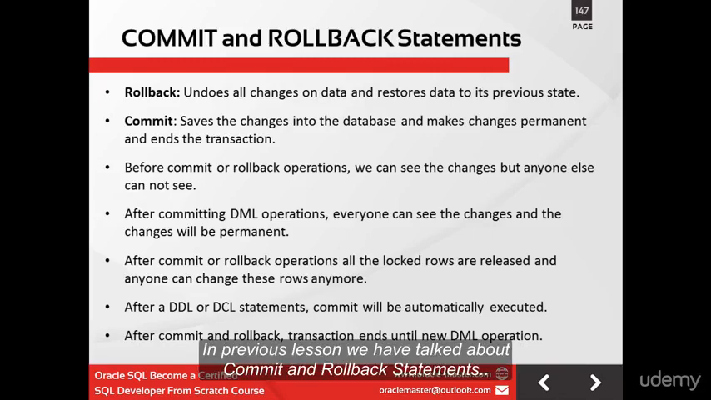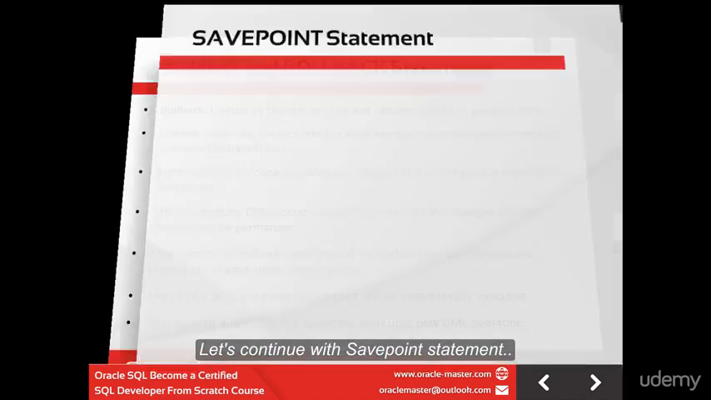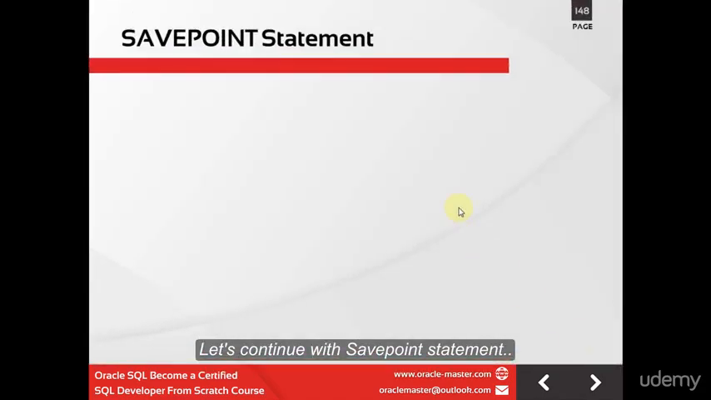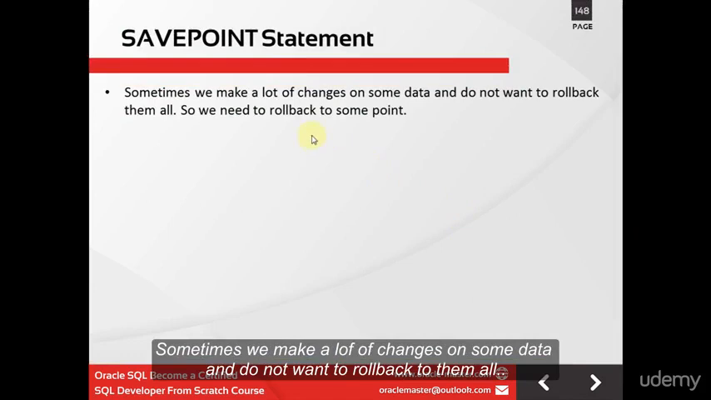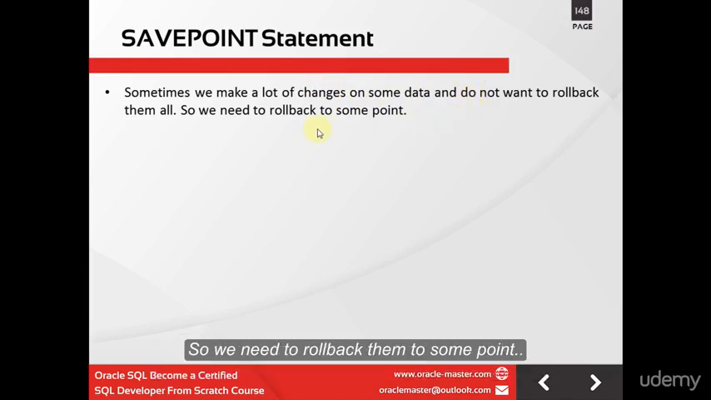In the previous lesson we talked about COMMIT and ROLLBACK statements. Let's continue with the SAVEPOINT statement. Sometimes we make a lot of changes on some data and do not want to roll back them all. So we need to roll back them to some point. For example,